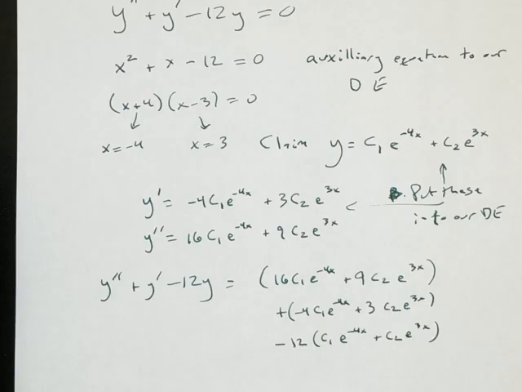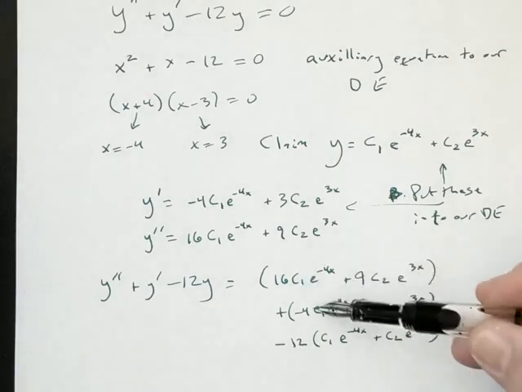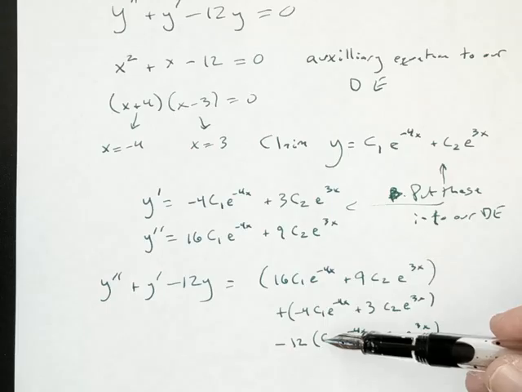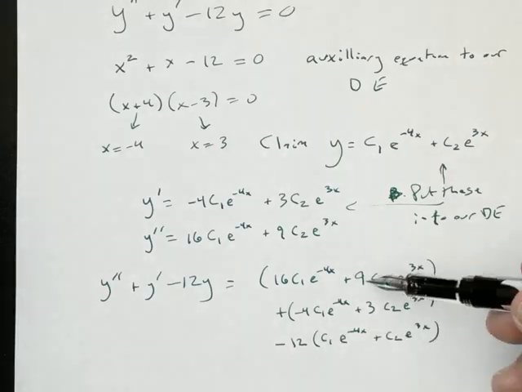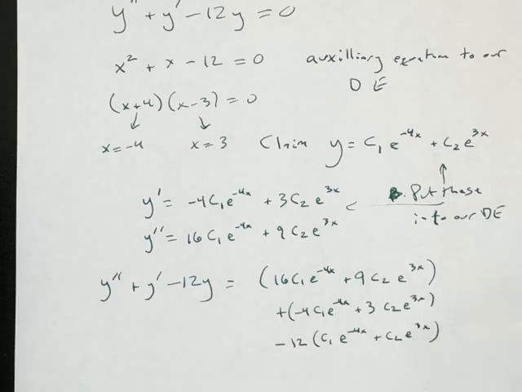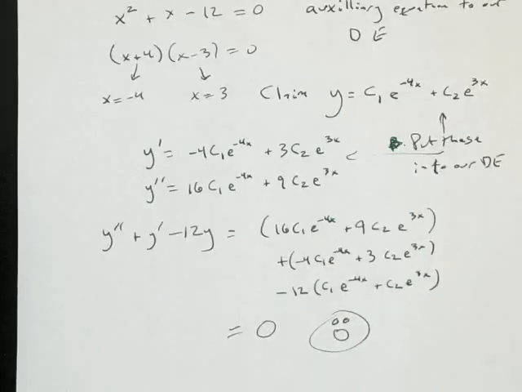Look at what happens with the e to the minus 4x terms. I have 16 of them, minus 4, minus 12. That's 0. Look at the e to the 3x terms. 9 plus 3 minus 12 is 0. Holy crap. Now, it turns out